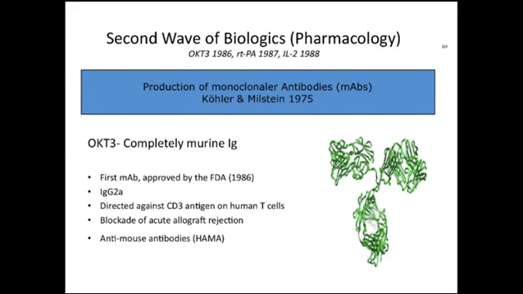So the real biological therapy was facilitated by the development of monoclonal antibodies. In fact, the first description of the technology to produce monoclonal antibodies goes back to the 70s, by Köhler and Milstein, and this has then affected treatment very strongly. And the first approved monoclonal antibody was OKT3, which was a murine antibody against T cells, against CD3, and it was used in